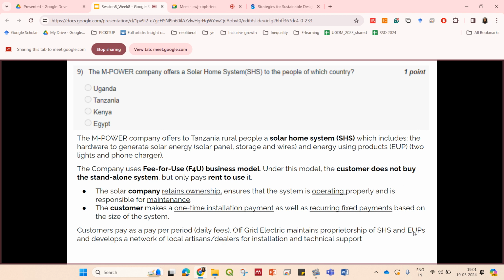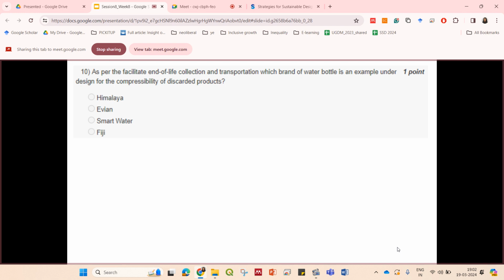So this question is from one such case study of how decentralized energy systems can be made more useful or more accessible to people who are in greater need, like the people in rural Tanzania. So I hope this is clear. This is the last question for today, and this question is that as per the facilitate end of life collection and transportation,